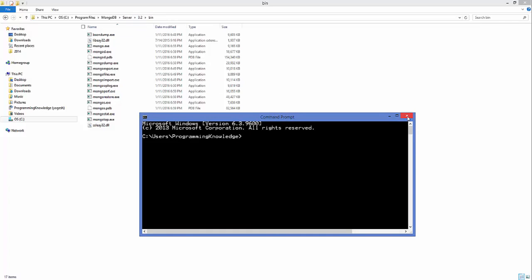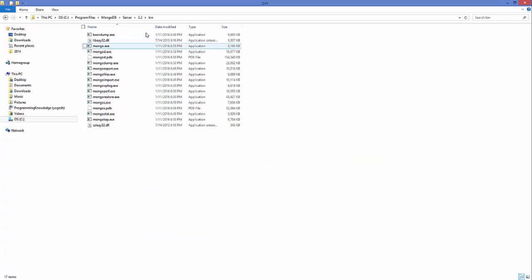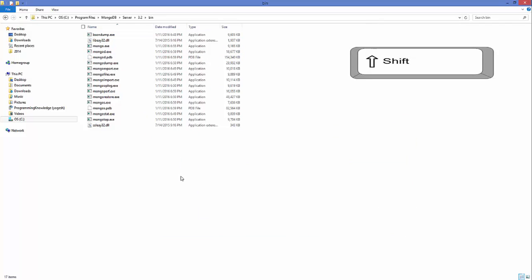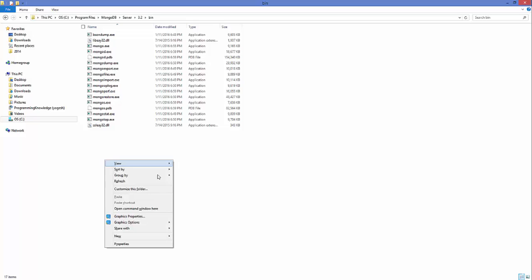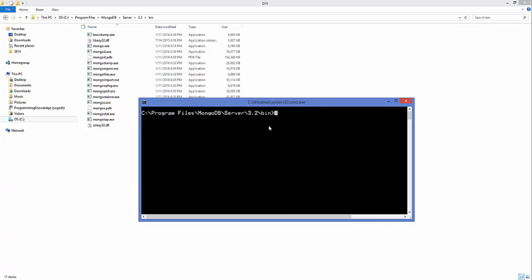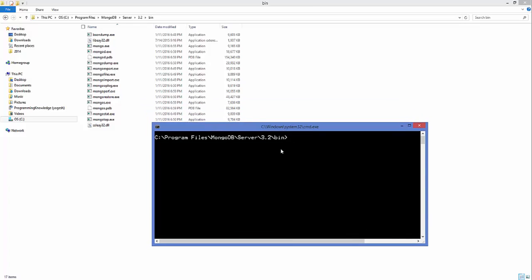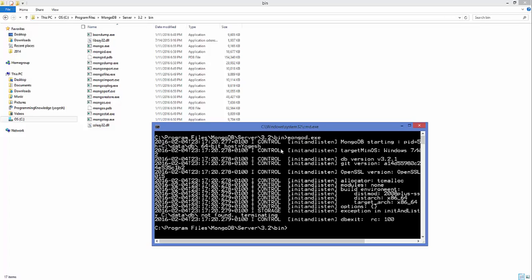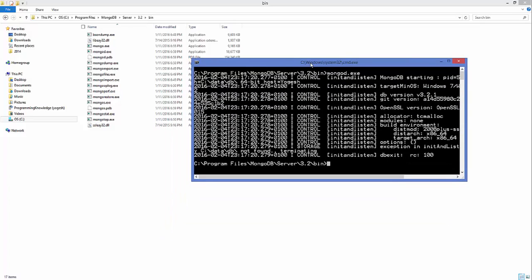Otherwise, the shortcut for opening this folder is to hold your shift key and then right click your mouse, and then you will be able to see this Open command window here. You can just click this and it's going to open the command window in this folder. And then in here you just need to run mongod first. So just write mongod.exe